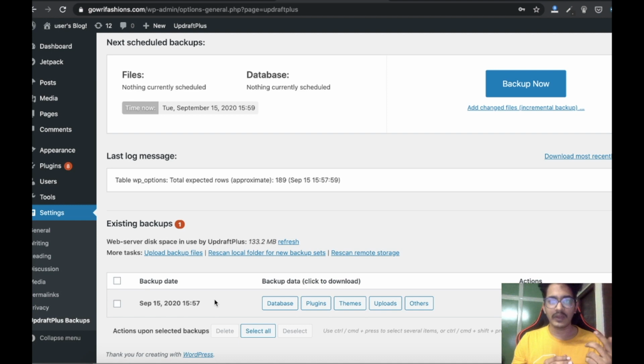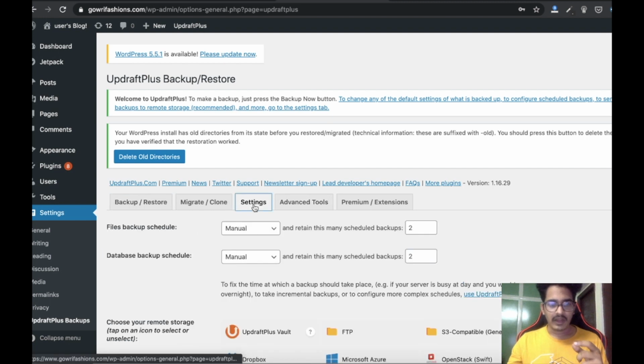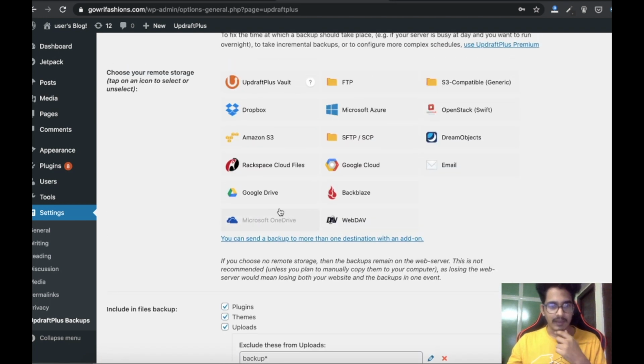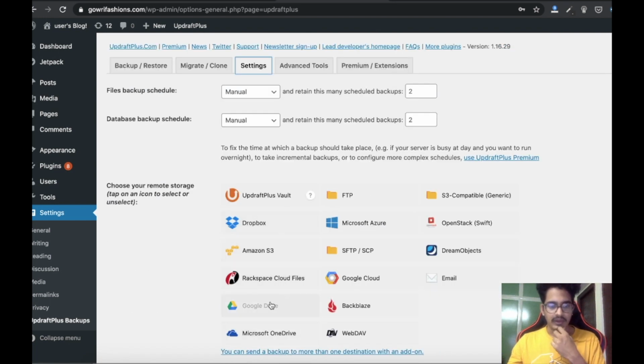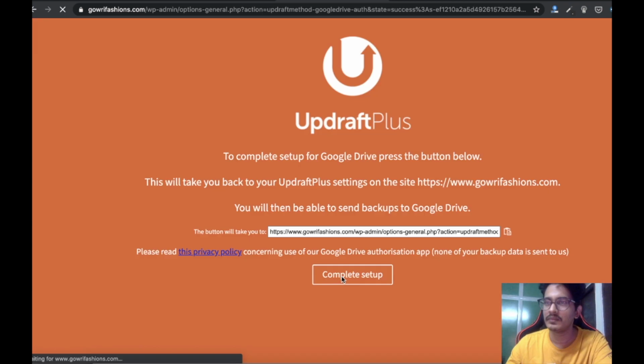In that scenario, we cannot directly access this backup file. So we can depend upon these different options which were given. We can directly back up our files to Google Drive using this, or directly to Dropbox. Let's click on Google Drive and click on Save Changes.